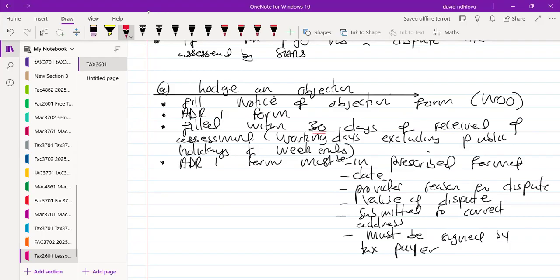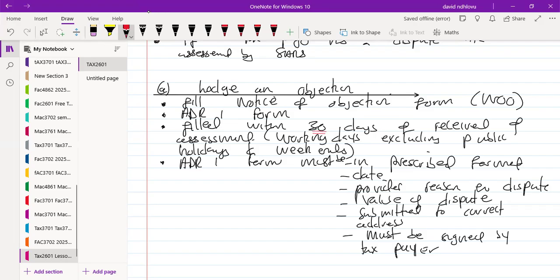So you lodge an objection on an ADR1 form to notify SARS that you are not in agreement. When SARS receives your notice of objection, they are going to check what you are saying. Maybe they will see that they made a mistake and give you a revised assessment. But if they are still saying they are correct, they will respond to say that they reject your objection and stick to their figure.